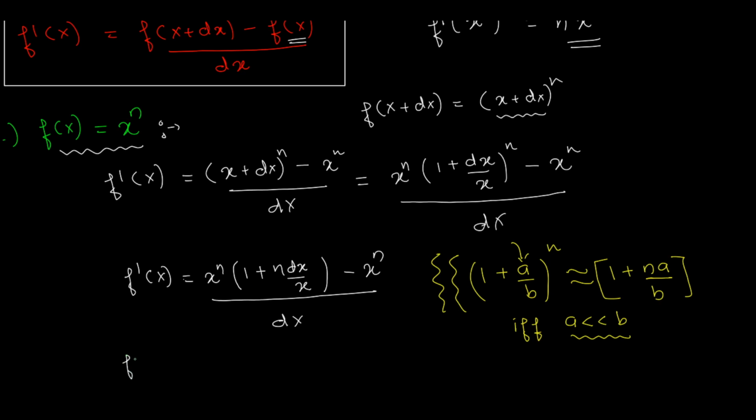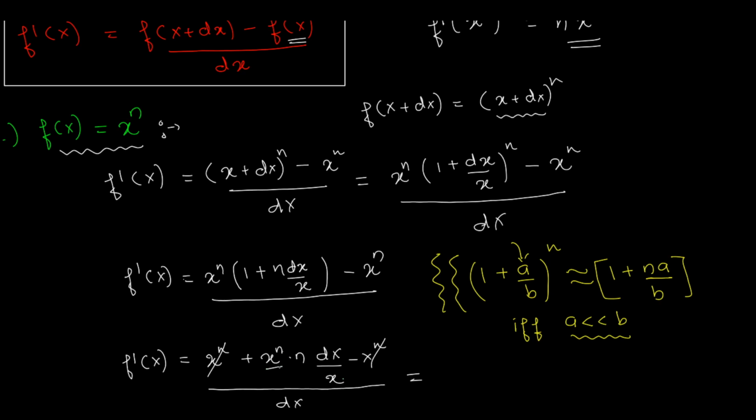Let's continue. So f dash of x is equal to, I'll just multiply it inside, so x to the n plus this again multiplies with that, you get x to the n into dx by x minus x to the n. This is just the numerator still, divided by what? Dx. Alright, great. Should be equal to, I think, x to the n and x to the n, plus and minus, they get cancelled, and here I'm left with x to the n divided by x.